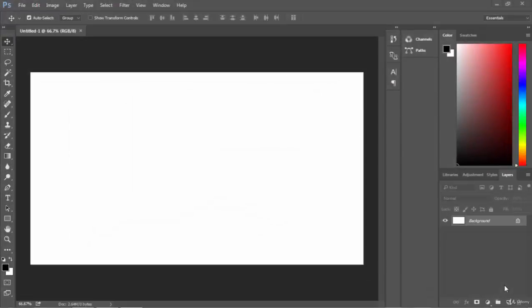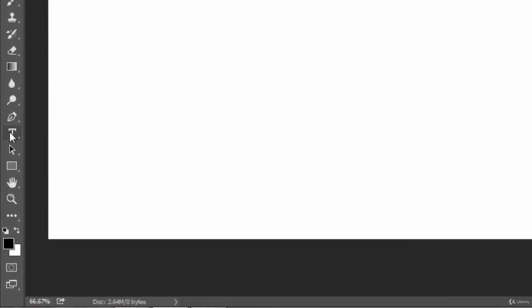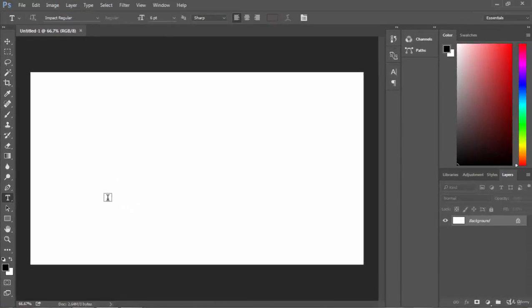Hi, welcome back friends. In the previous class, we worked on the alignment tools, which is right here. Now in this class, I am going to work on the type tool, which is placed here. So I am selecting it, and friends, as usual, when we select a tool, we get the